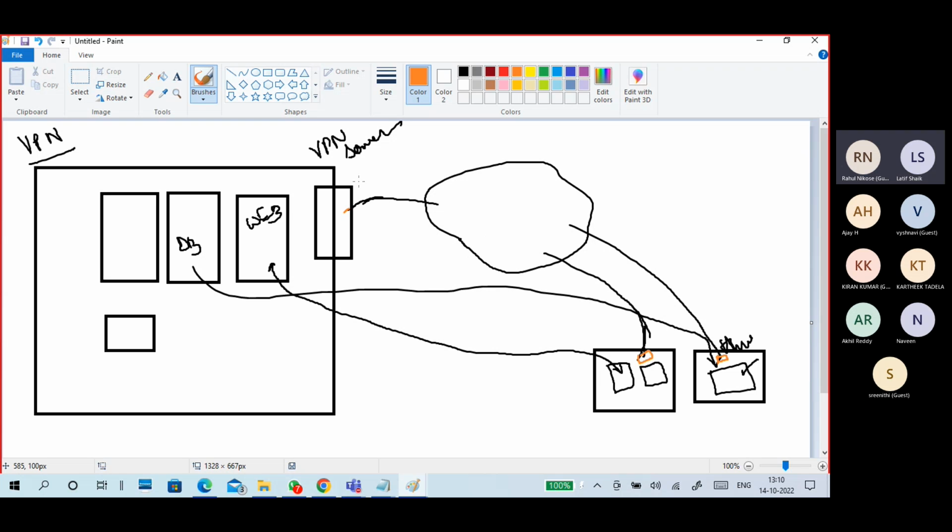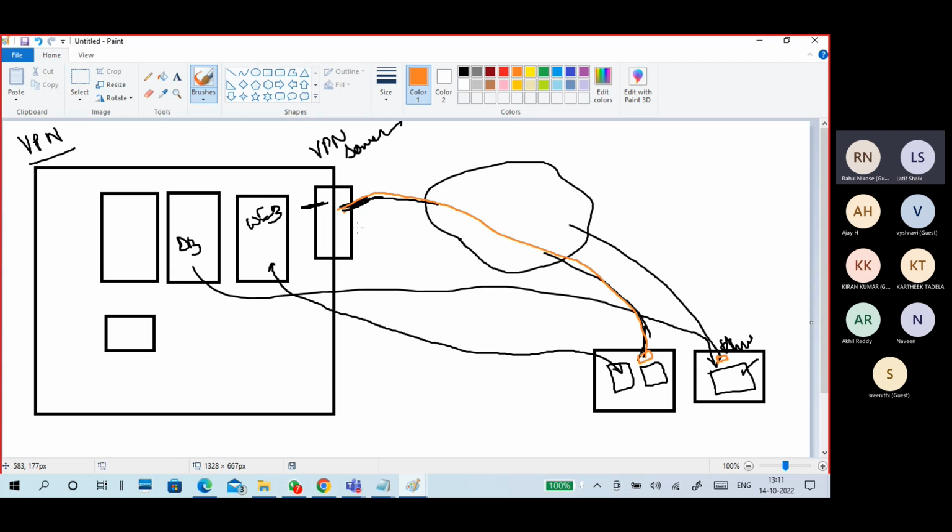Guys, let's look at what this VPN server will do. There are generally two interfaces. One interface is for your internal infrastructure connection, and another interface is connected to your internet connection. The user will send a request through the internet, which will reach the VPN server, requesting to connect to the VPN.